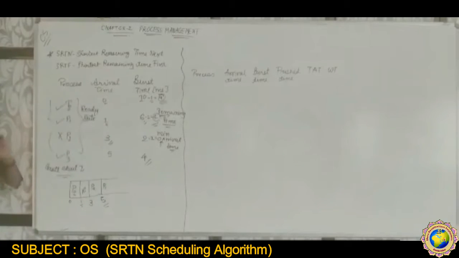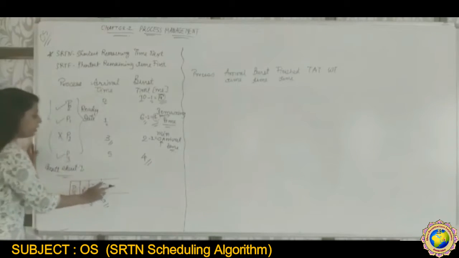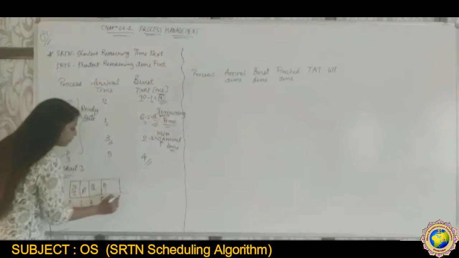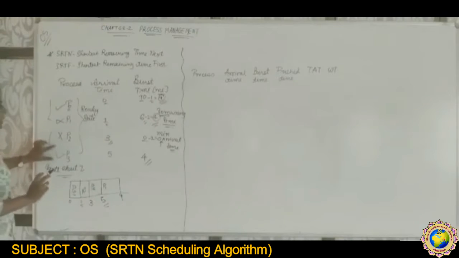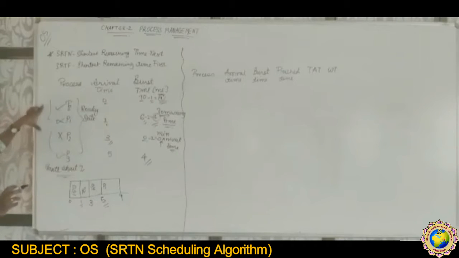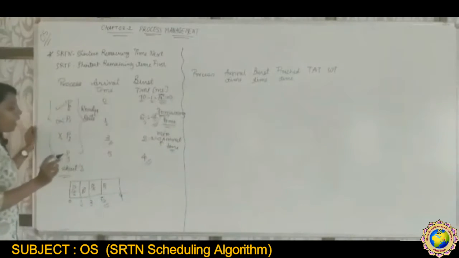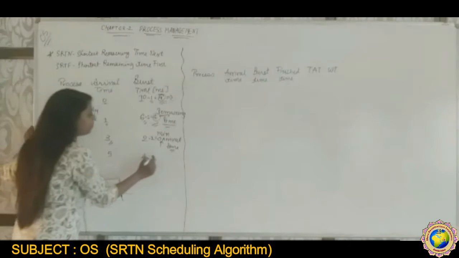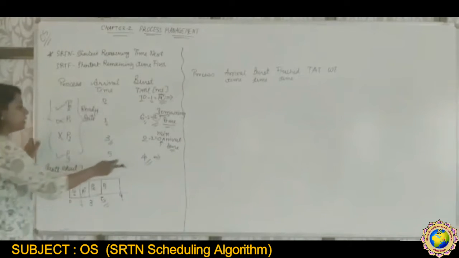So now we have to perform SJF. We have to finish the P1 up to 4, that will be 9, right? So P1 terminated. Then P3 and P0 are both remaining. Now again we have to check the remaining time: P0's is 9, and next P3's is 4. So which is the minimum remaining time? That is 4.